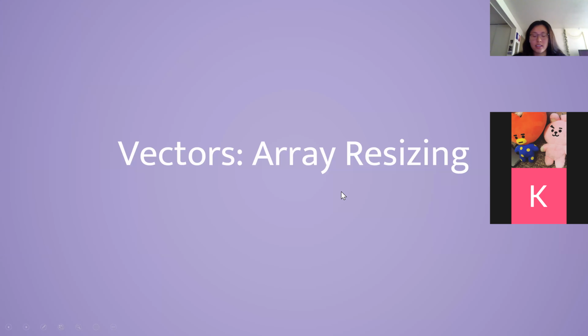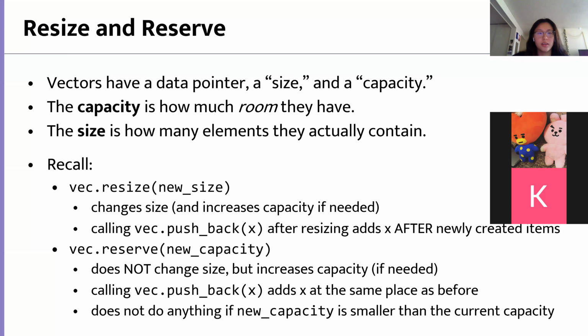All right, so now let's actually jump into some discussion about STL vectors and how they're pretty much implemented under the hood. To start off, vectors all have a data pointer, a size, and a capacity tracker. The capacity is how much room the vector actually has, whereas the size is how many elements they actually contain. So for example, if we have a vector here,